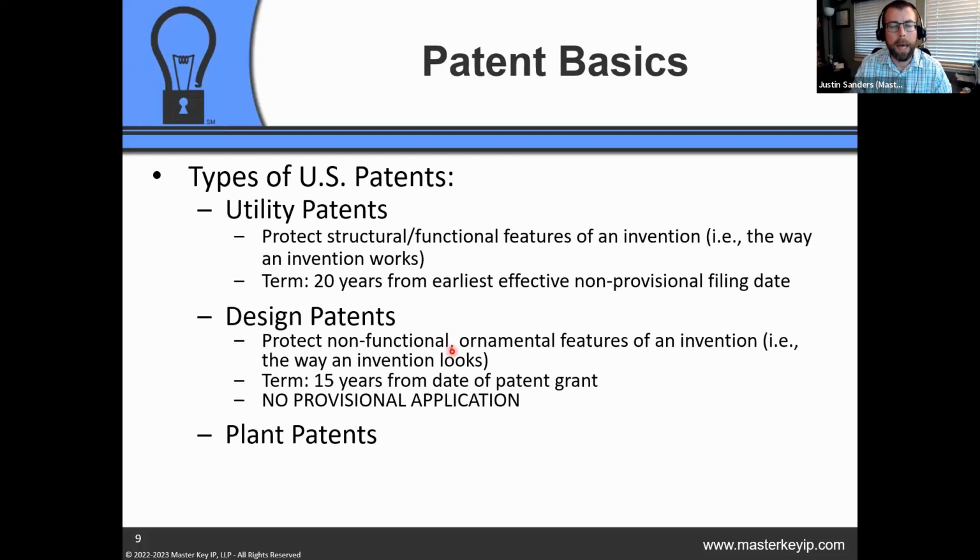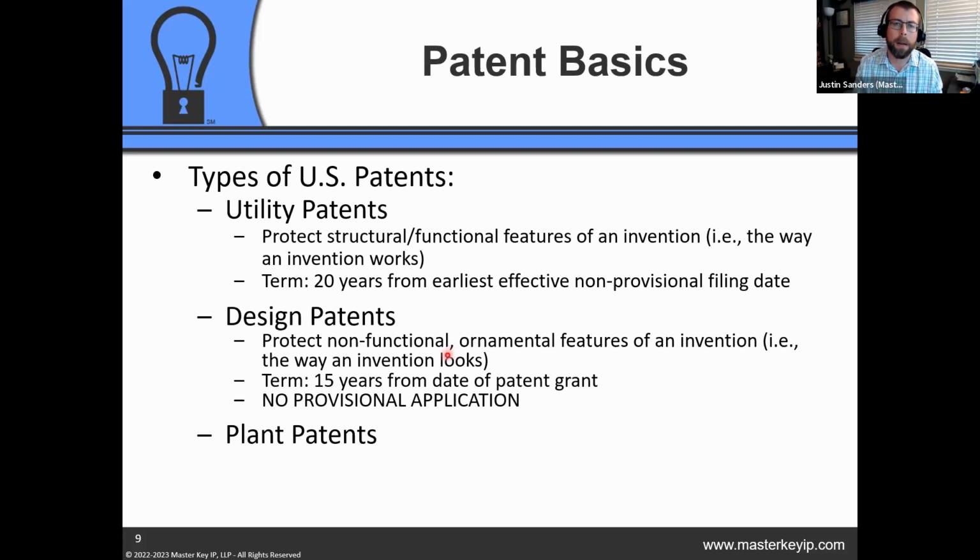But utility patents essentially protect the structural or the functional features of an invention. In other words, the way an invention works. And then you get about 20 years of protection when you obtain a utility patent. And then